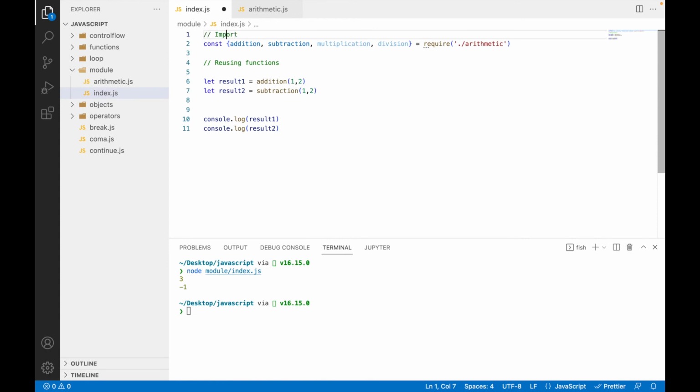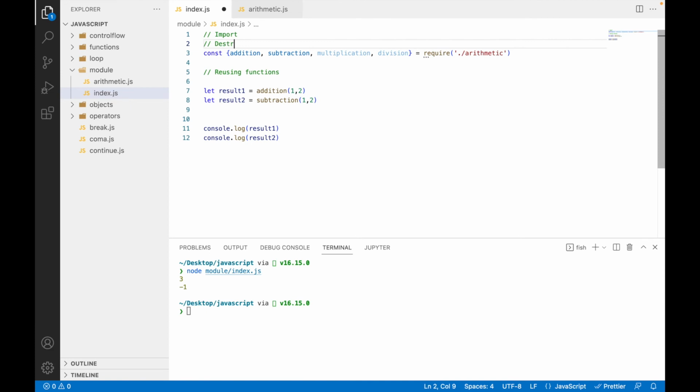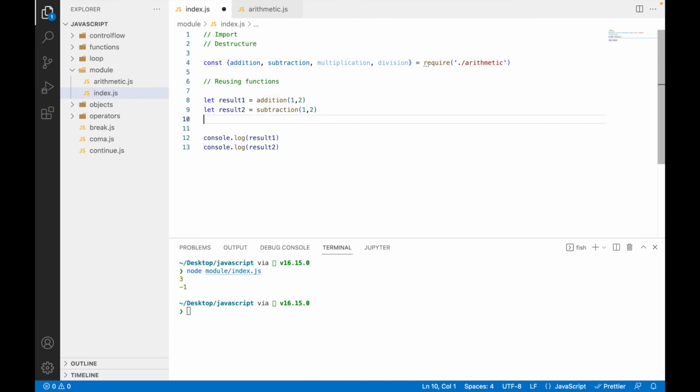We're able to import our module and also import the functions within the module. We're also able to destructure the objects. Destructuring can also be applied to basic JavaScript objects such as